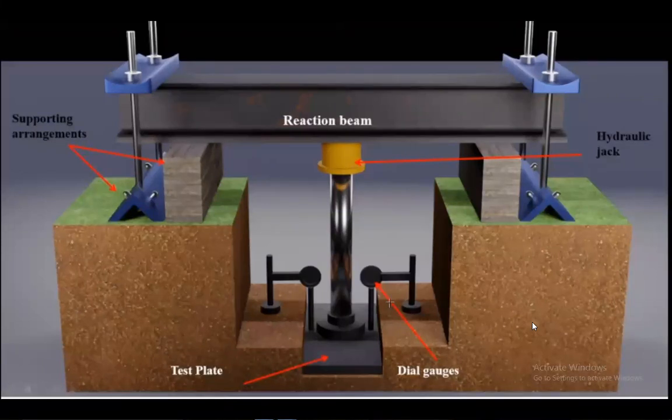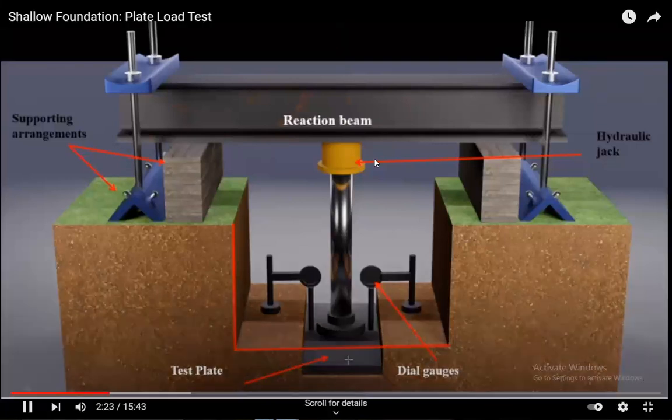So when we start the plate load test, first of all we create this ditch that you see over here. It is also called a test pit. The width of this test pit, the horizontal one that you see, is equal to at least 5 times the width of your plate. That is required as per our IS code and must be carefully followed. Anything else in this? No. Okay, let's go ahead.